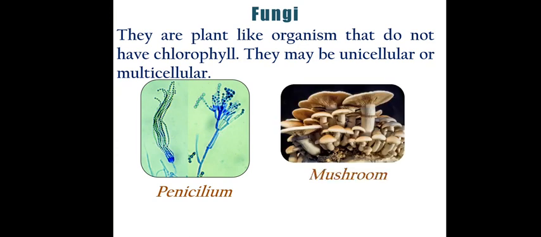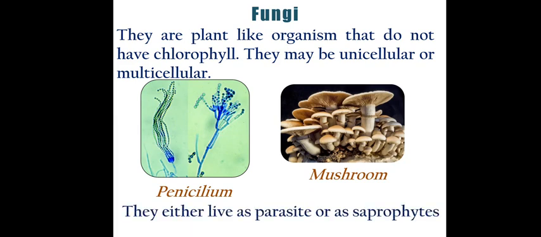You know very well, mushroom is a type of fungus. It is also known as agaricus. The botanical name of this is agaricus. And yes, some species of this mushroom can be eaten also. I mean, they can be used as food also. And these fungi normally live as parasites, and they are saprophytes in nature. Saprophytes, you know very well, are organisms which basically survive on dead organic matter, and they normally absorb the nutrients from the dead organic materials.